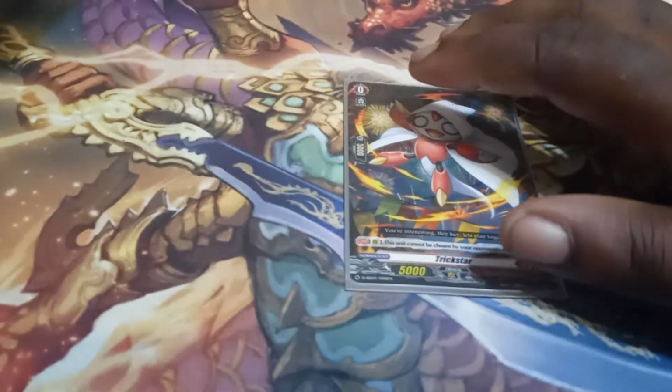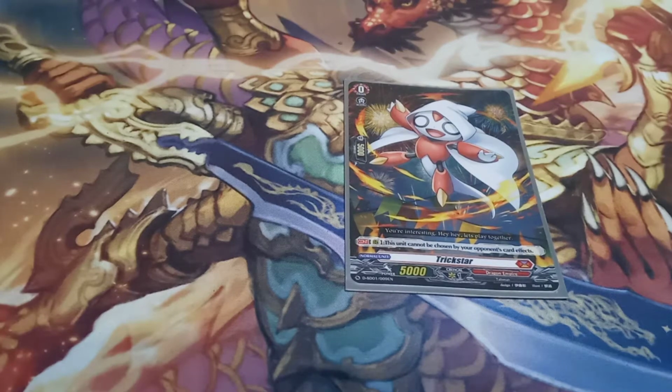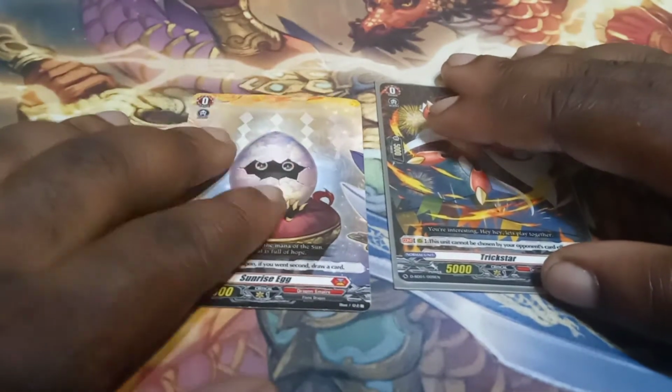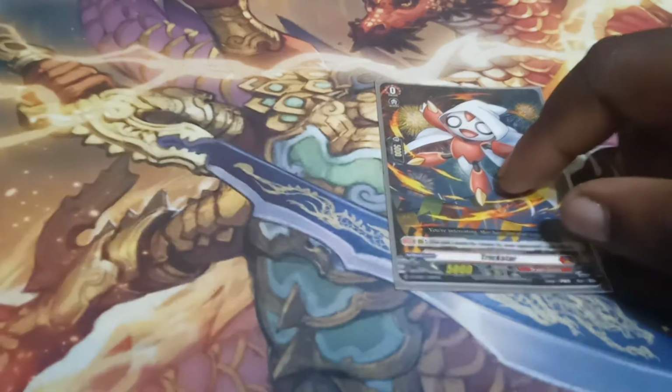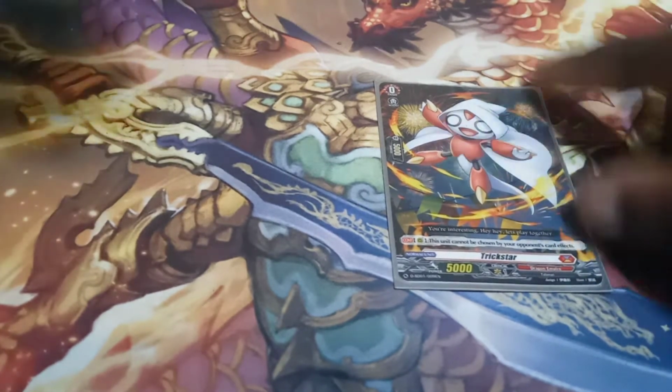Now, we do have another starter for Dragon Empire that does what everybody else's does. We have the Sunrise Egg here. When Sunrise Egg is rolled upon, if you go second, you draw a card. Whereas Trickstar doesn't have that skill, so you won't get to draw from doing it. But if you go first, it doesn't matter that you don't get to draw because you weren't going to draw anyway. And secondly, this deck revolves around this card and being able to Soul Blast it out at the beginning,